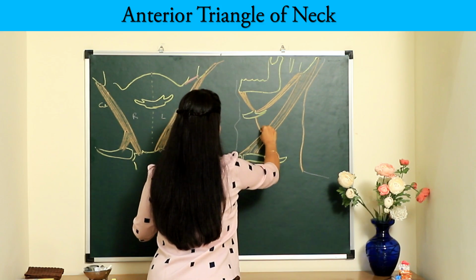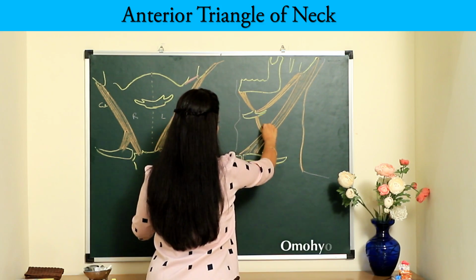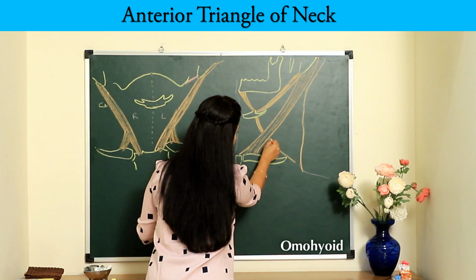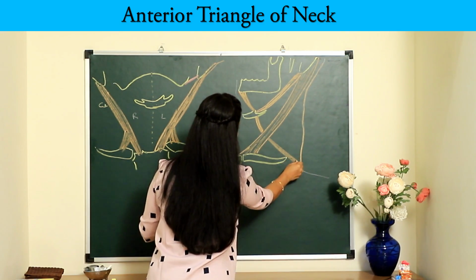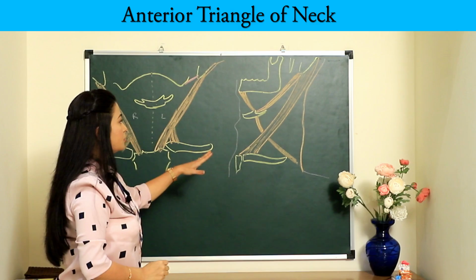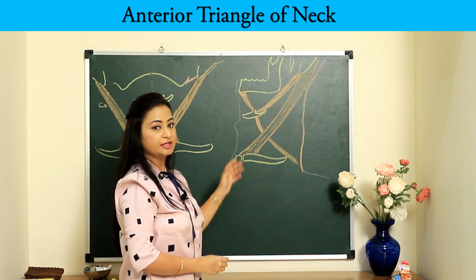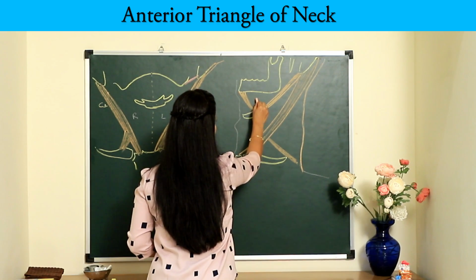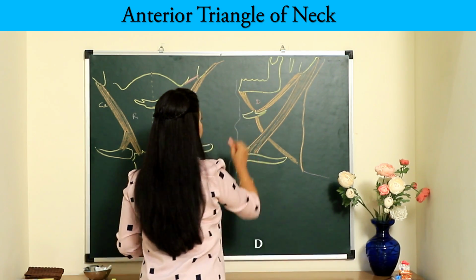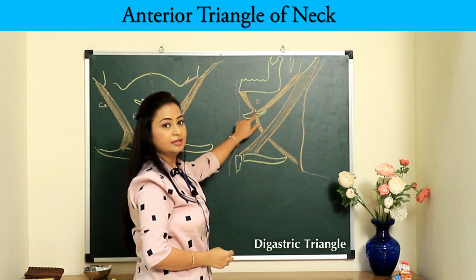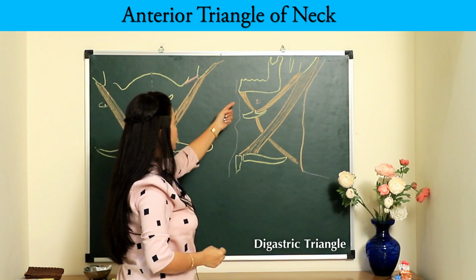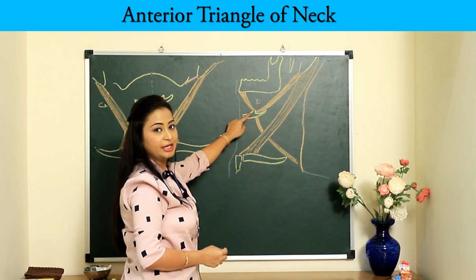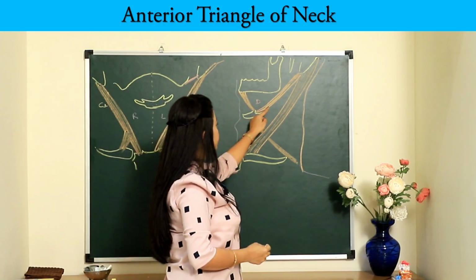And this is another muscle known as the omohyoid, which has a superior belly and an inferior belly. So here we have all the subdivisions of the anterior triangle marked out for you. Number one is this triangle area that you can see. This is the digastric triangle, the boundaries of which are, it is bounded antero-inferiorly by this anterior belly of digastric,